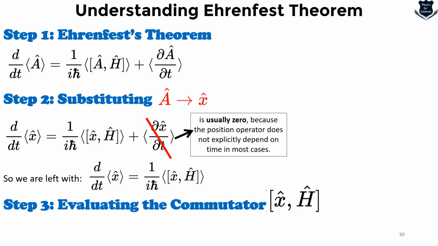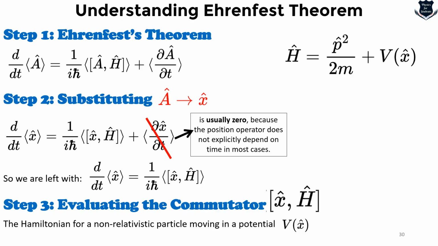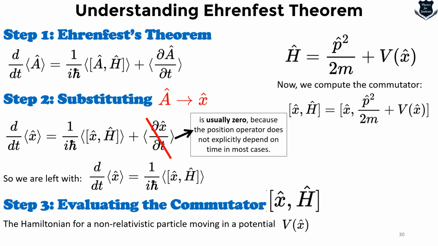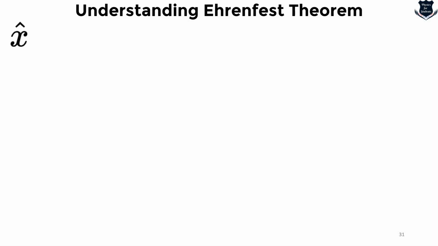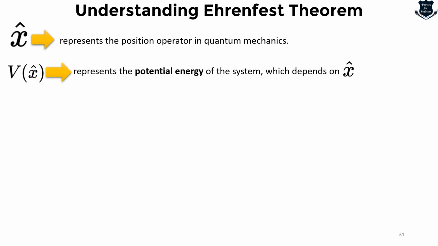So we go to step 3 and we evaluate the commutator. By evaluating the commutator, you can pause the video and look at the calculation. We get something like this. Now here is something which we call a catch, and the catch is that here x represents the position operator in quantum mechanics, and V(x) represents the potential energy of the system, which obviously depends on the